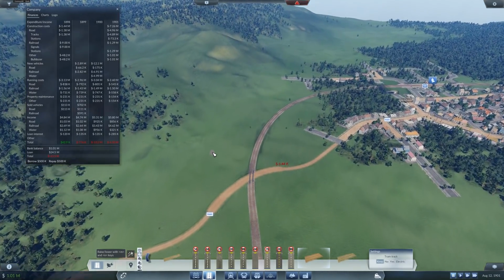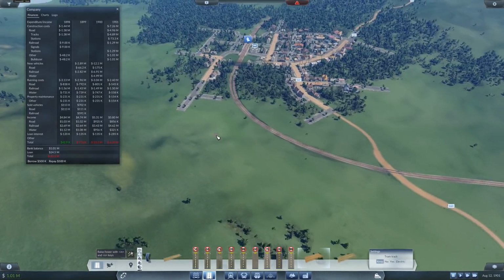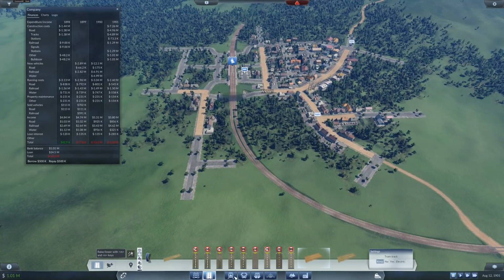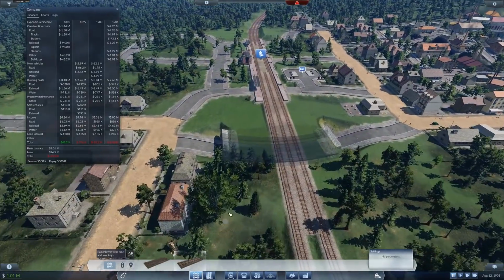Okay. Yeah, I know. I'm embracing the level crossing in this swing. I don't know why. I mean, they're still just as awful as they always were. Right, now, we need...